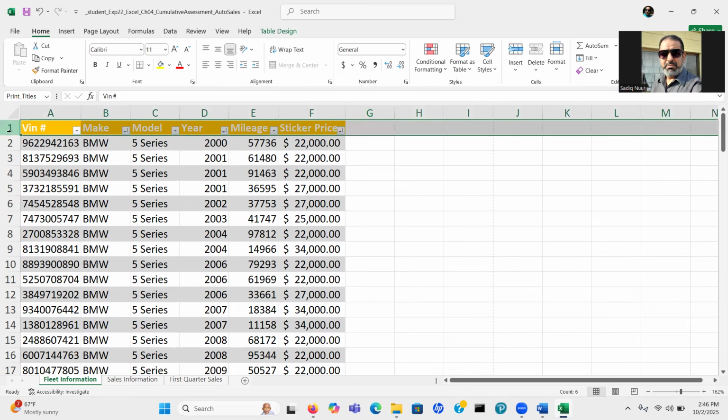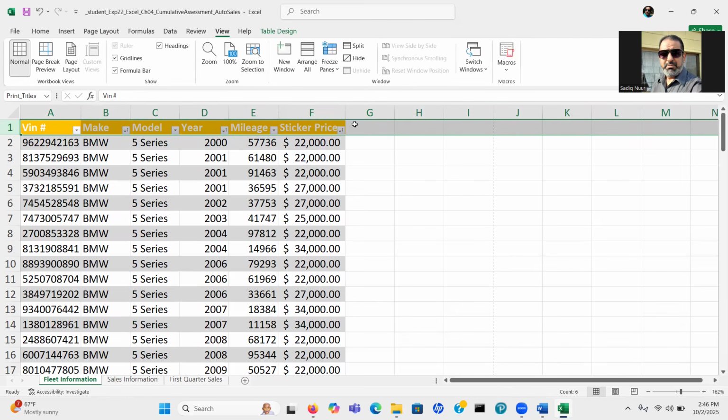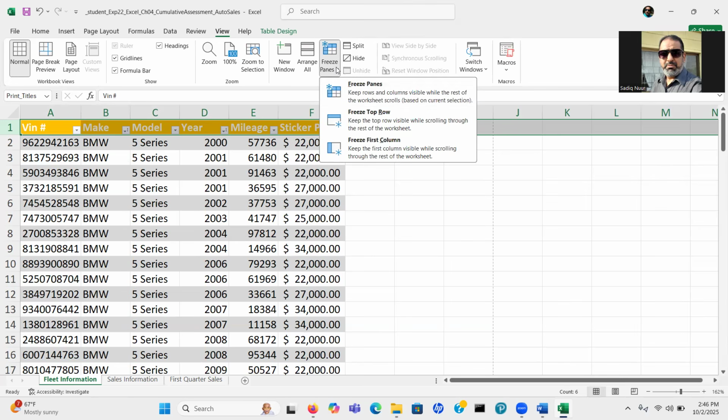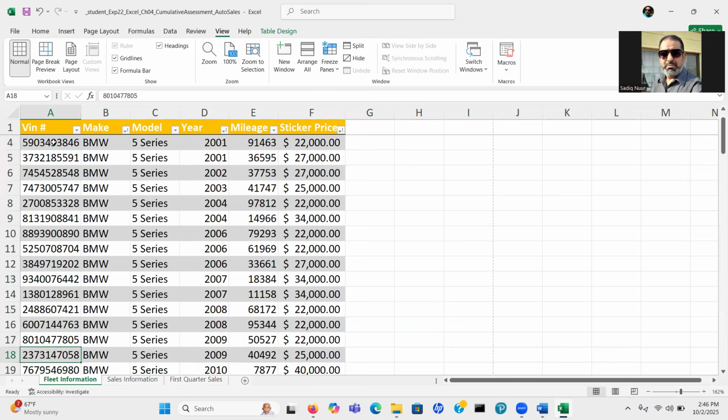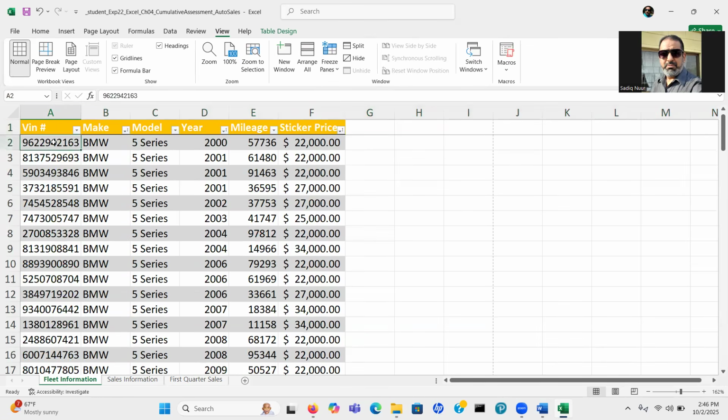We can select the first row, and then go to View, and then under the second-to-last group, Window, Freeze Panes, and then Freeze Top Row. When you did that, now when you scroll down, the VIN, make, and model will not change. That's very beneficial when you have a lot of data in your worksheet and you want to keep the column names visible.